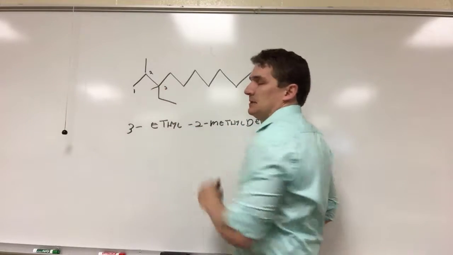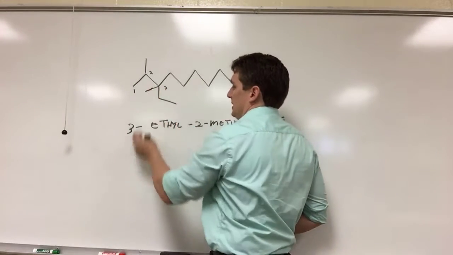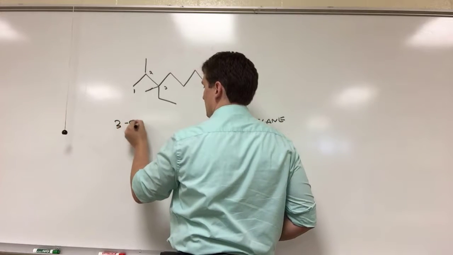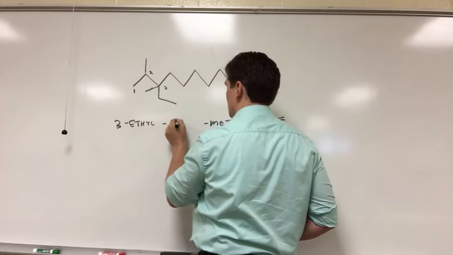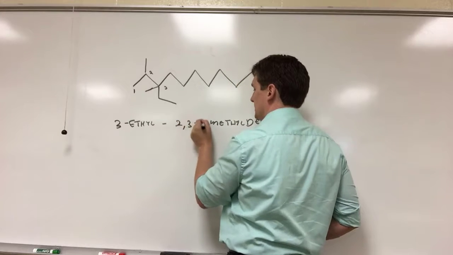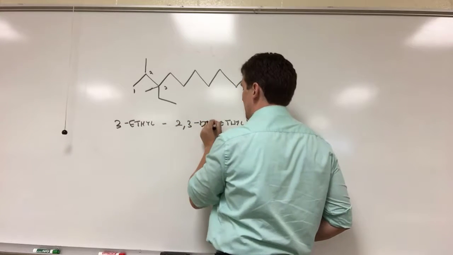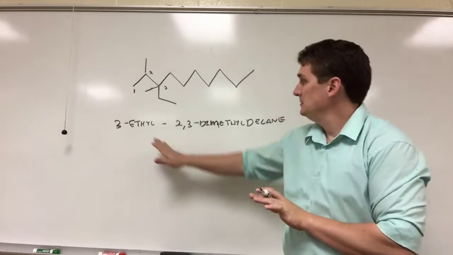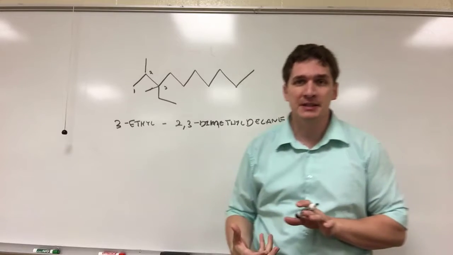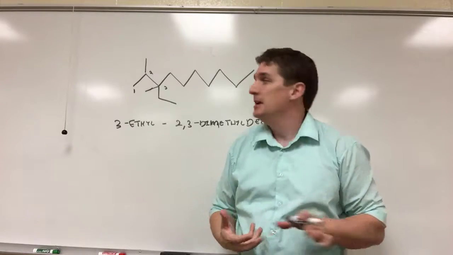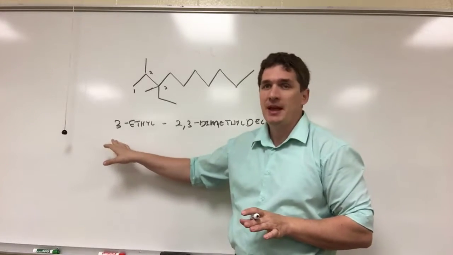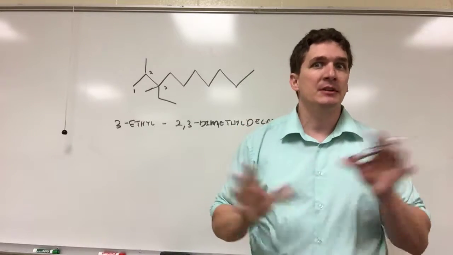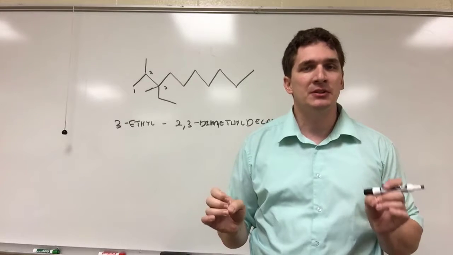Let's say we have another methyl group. In this case, we would have 3-ethyl, 2,3-dimethyl, decane. So you're going to need a group ending in yl to designate that as an alkane branch. You need to put the number of the position, and if you have more than one, you have to use a prefix. Now, the challenge with these, beyond identifying the largest carbon chain, which we'll show in a later video,